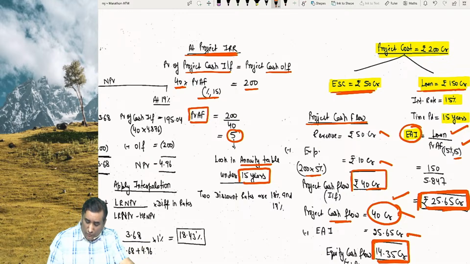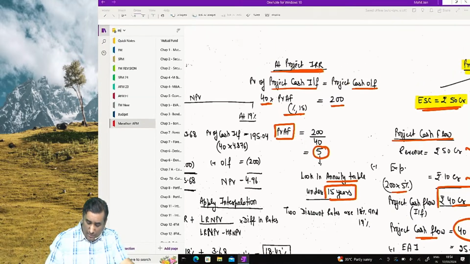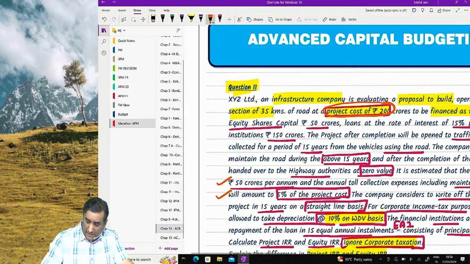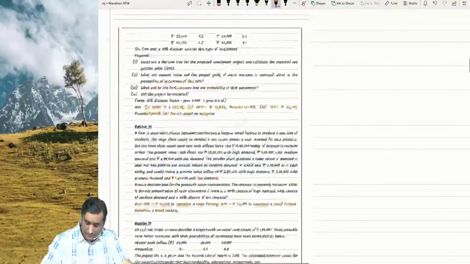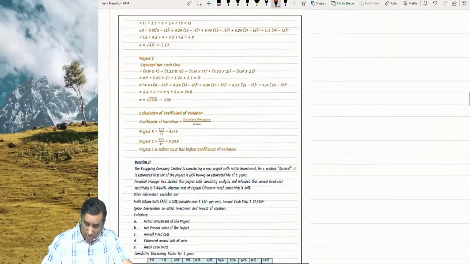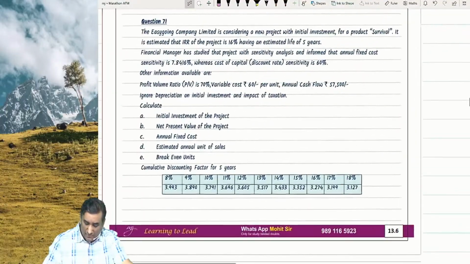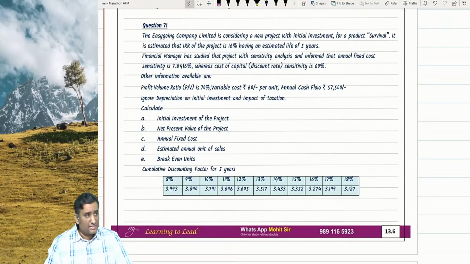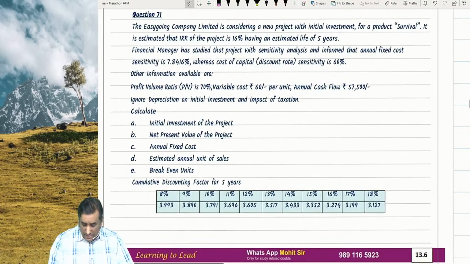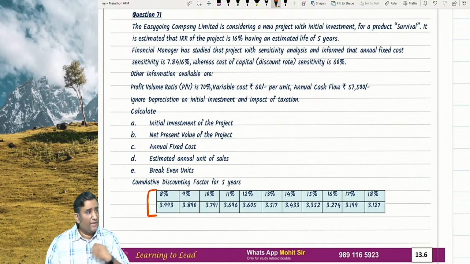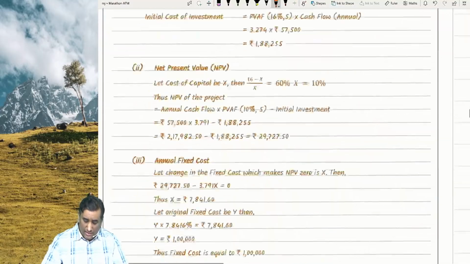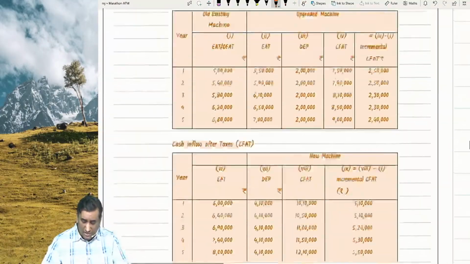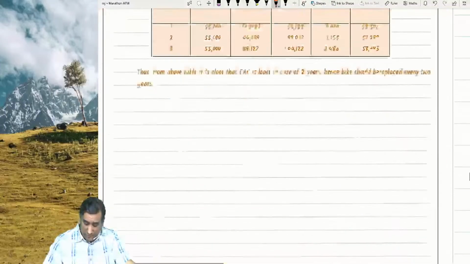Now I'll try to find it and look in the annuity table. When I go back, I have given you the annuity table at the end. In between I'll show you something else also. If you look at question number 71, in this also we'll be using IRR. That's the sensitivity analysis. They give you factors like this. I have not given them, just to show you how, if by chance they attach that annuity table altogether, then what you'll do. So at the end of the pages, I would have given you